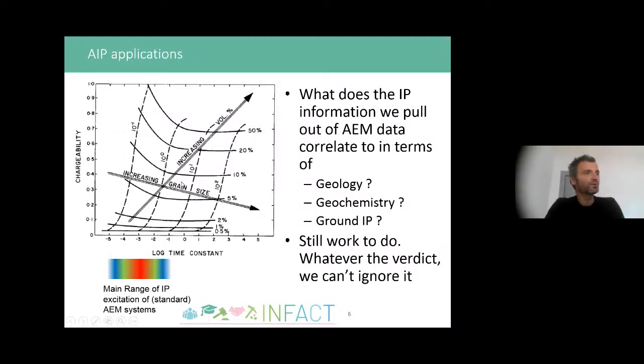Again, what can airborne IP be applied to in terms of exploration? This is one of Jim McNay's favorite slides. He's basically saying that you're never going to excite a massive sulfide with an airborne EM system in terms of chargeability, and he's right. I'm not going to argue against that because we're using very high frequencies compared to ground IP. Nonetheless, I think we are exciting something which may be around or above mineralization,